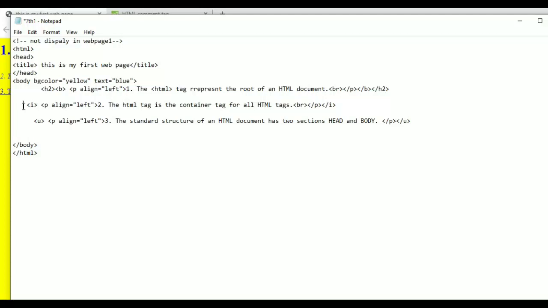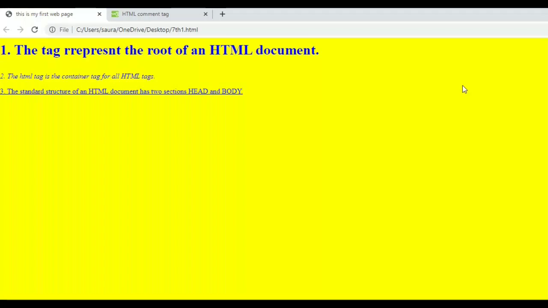Then the next line will be in heading H3, and this also be H3, and at last line we use H5 heading, so we can use H1 to H6, so here we use H5, and then close H5 here by using forward slash. We just forgot to mention forward slash here, so again mention here, then save it, and when we run this we can see the difference between them.